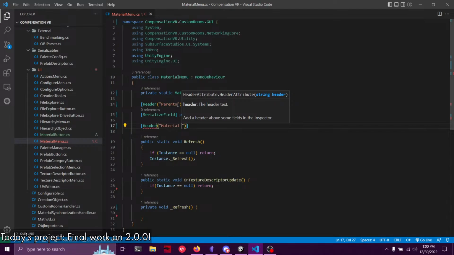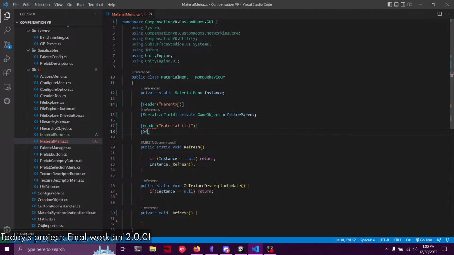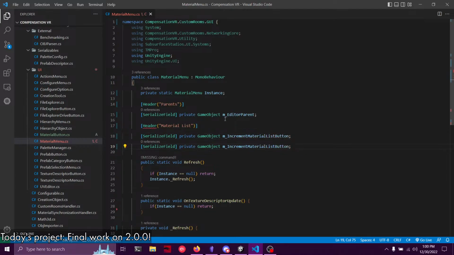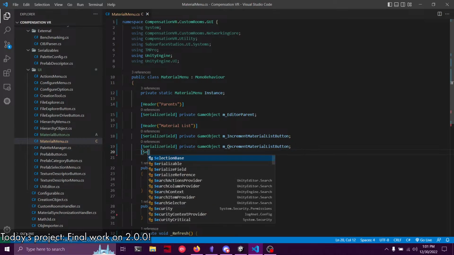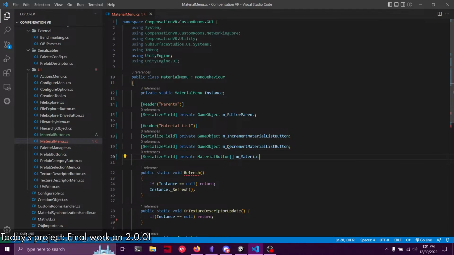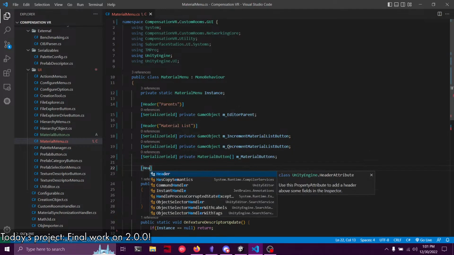So I need to actually work on this. So material list, and then we'll have material editor. So serialize field private game object m increment material list button. Yeah, anything to do with Unity XR is weird. Material button array m material buttons, and then header